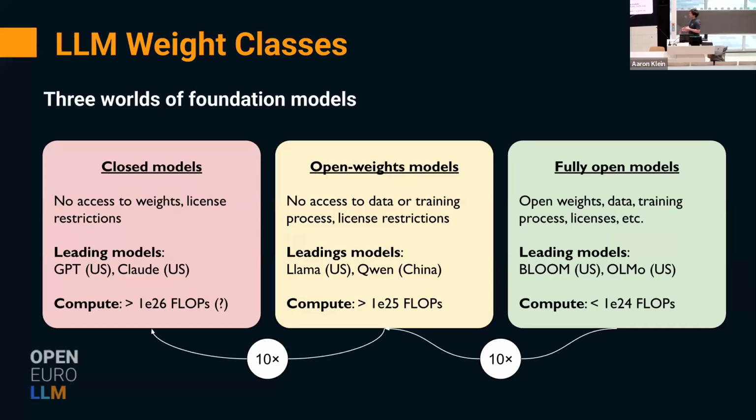And if you talk about large language models, we can essentially differentiate between three different classes of models. In the one class, there are closed models or frontier models, such as GPT or Anthropic Claude, where we don't know what those models actually look like. We don't know which data they were trained on. We don't know how they were trained. They're a total black box. However, they are right now the most powerful models.